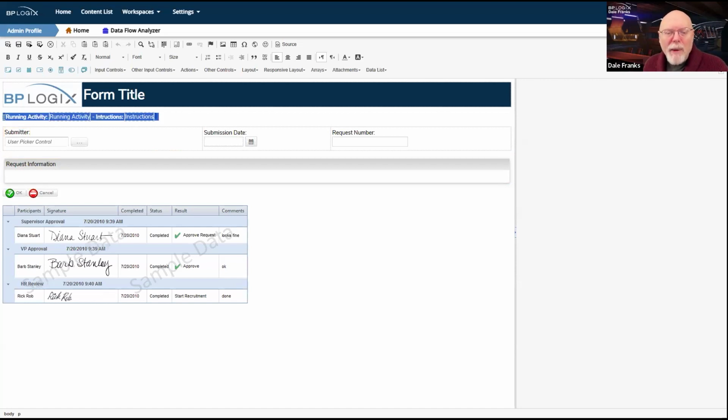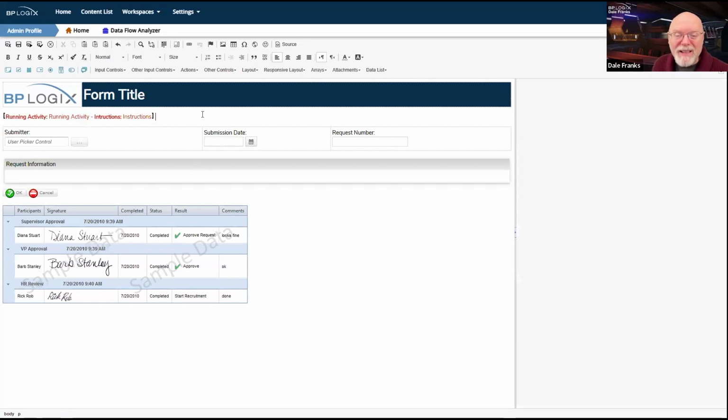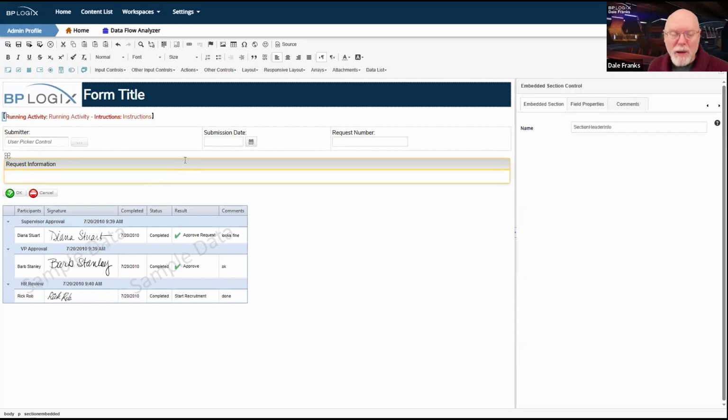At the very top, I have this embedded section. And this embedded section contains labels. Well, it's actually text, and this will eventually be text, but two system variable controls. They just happen to be labeled. There are a couple of different ways of doing this when you want to use system variables at the top. I generally tend to put them inside an embedded section like this so that I can show and hide this embedded section. Now, my original template didn't have this. I just added it this morning.